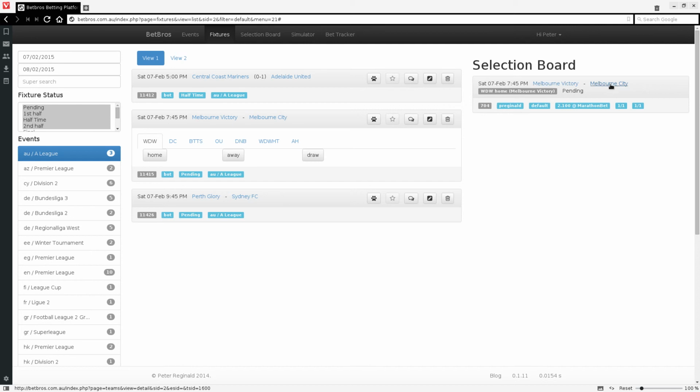Alright, so as soon as I do that, I can see in my selection board, it tells me Melbourne Victory versus Melbourne Sydney. It was a win-draw-win market, home, which is the selection, Melbourne Victory, and the status is pending. Tells me also the selection number ID. Don't worry about this, it is not important. That's my username. This is the label, which I'll explain later, and this is the odds and who did I bet it through, Marathon Bet. And these two, what these two numbers mean,